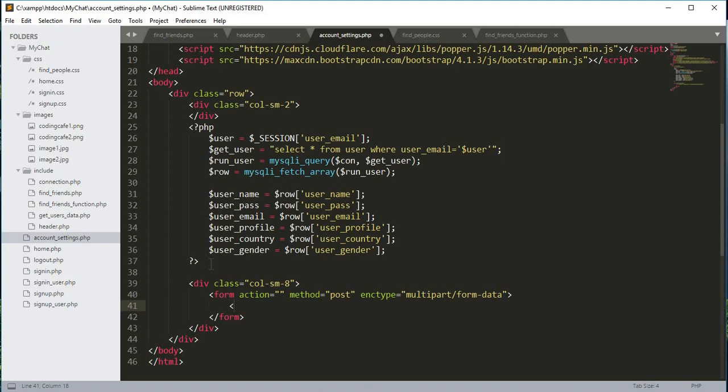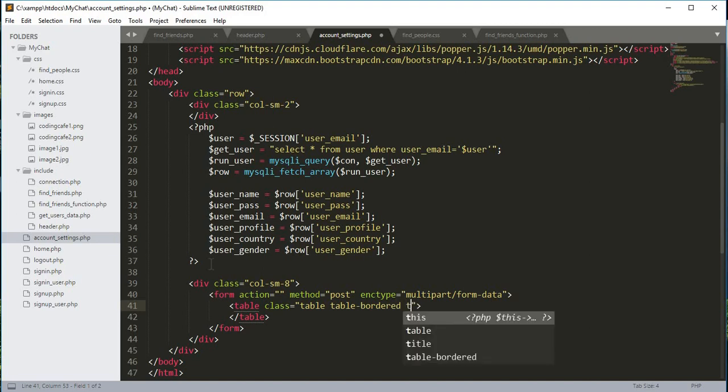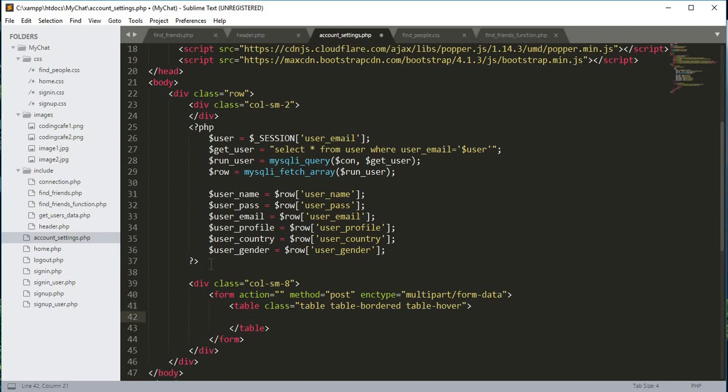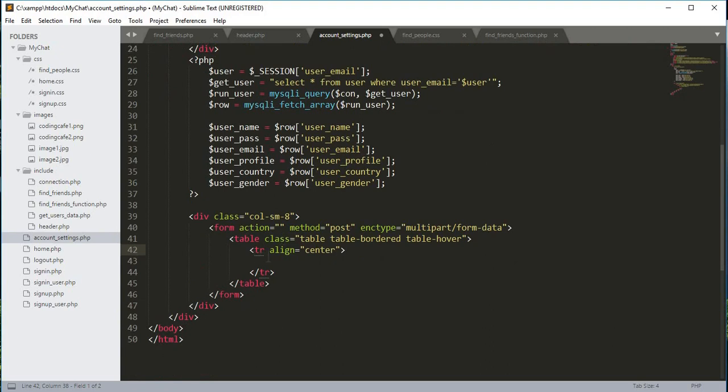Okay, so now inside this form we will create a table, and the table class will be table-bordered table-hover. Okay, and now inside this table we will open up a tr. Its align will be center, not content, center. That's it. And inside this tr we will open up a td,